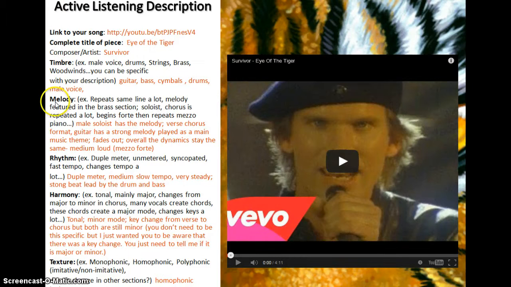Then you're going to describe what those sounds are doing with the term, the melody. For example, some examples of what you might write within there. Maybe the melody repeats a lot. Maybe there's a specific melodic line that gets repeated a whole lot. Maybe the melody is taken by the brass section, or maybe the guitar has the melody during a certain section. Maybe it's just the soloist, a vocalist that has the melody the whole time. Maybe there's a group of people that are singing, and they each get a chance to take over the melody